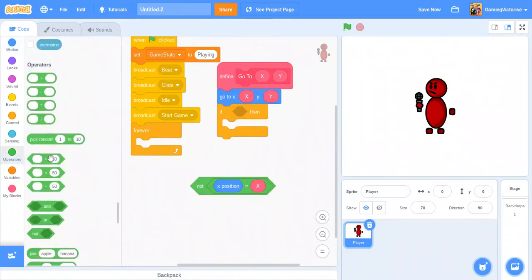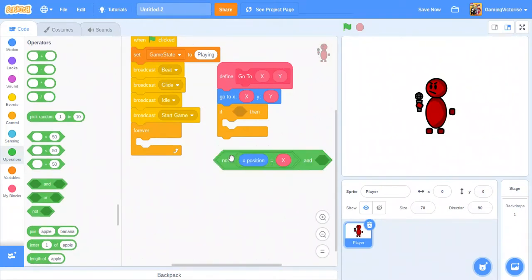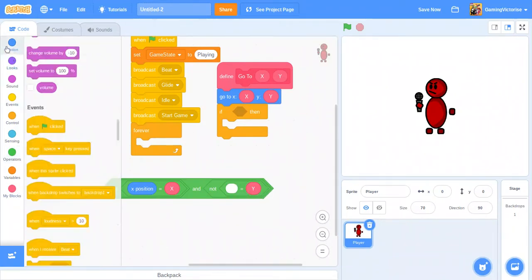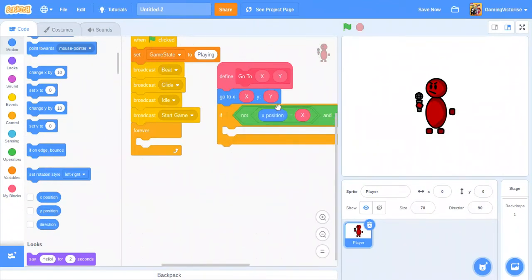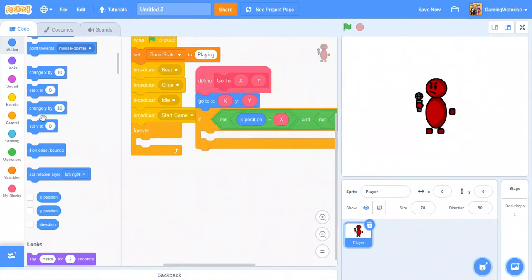Alright, so I'm gonna grab an AND block. I'm going to duplicate this, and Y position is not equal to Y. And what we're going to do is, if our Y position and X position is not greater than our Y, then we're going to go